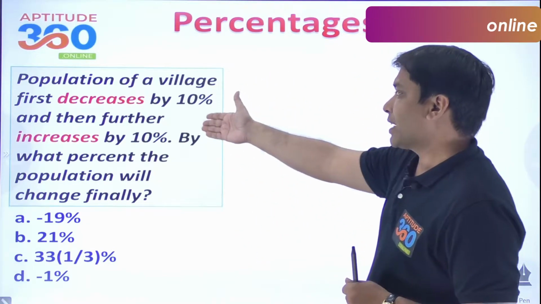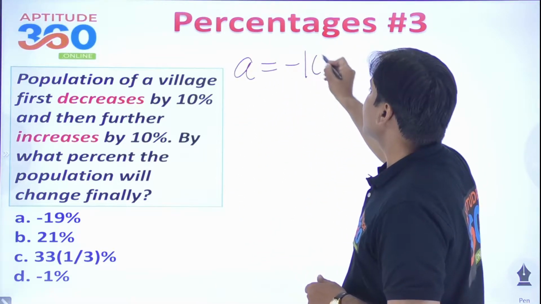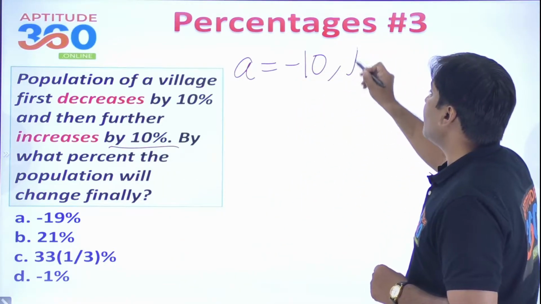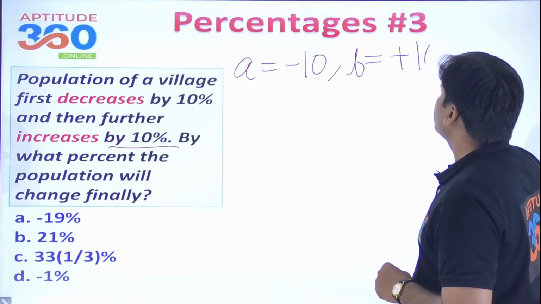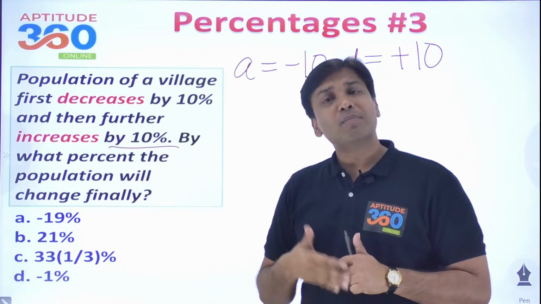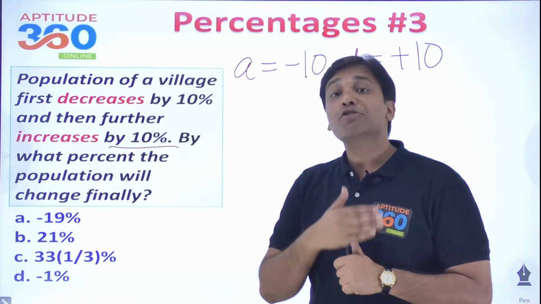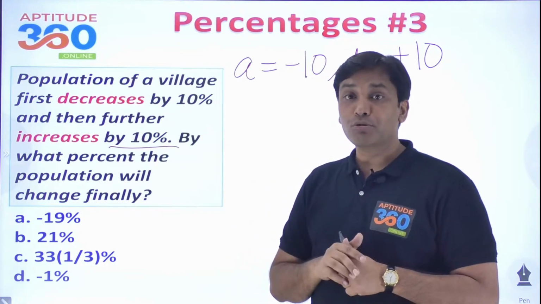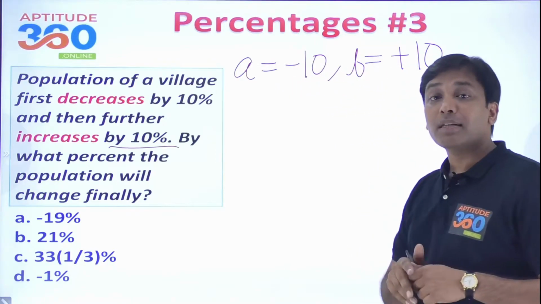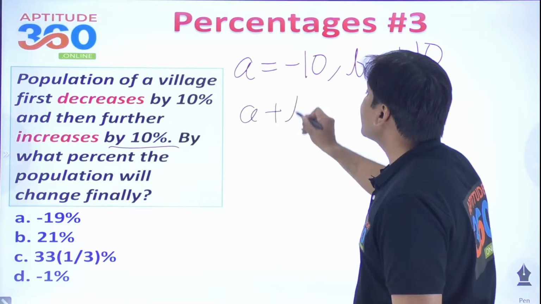And similarly I have taken this one. The population of a village first decreases by 10%. So A has to be minus 10, right? And then it is increasing by 10%. और अगर ऐसा हो गया, will there be any change? People will say that पहले साल में 10% से घट गया, दूसरे साल में 10% से बढ़ गया. What difference does it make? There should be no change. No, that's a wrong approach to solve the problem. In the first year, it is decreasing by 10%, and in the second year, it is increasing by 10%. AB formula लगा डालो और उसके बाद में देख लो कि आंसर कितना आएगा. So that value should give you.